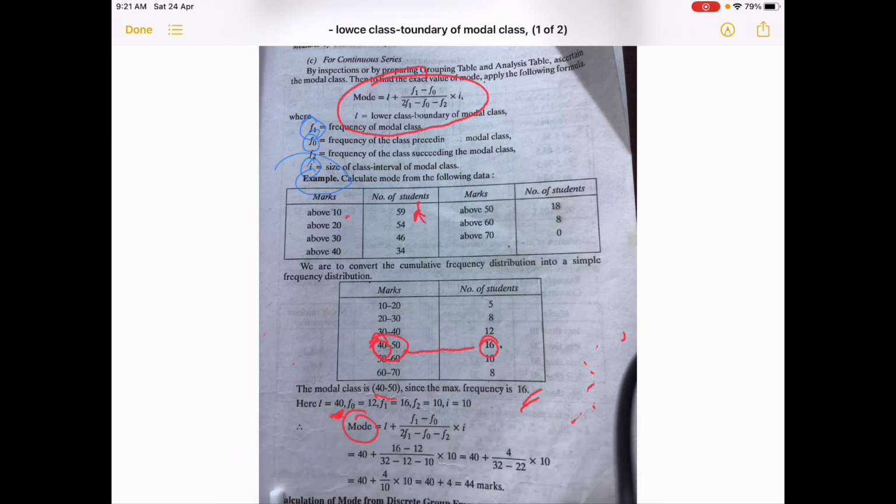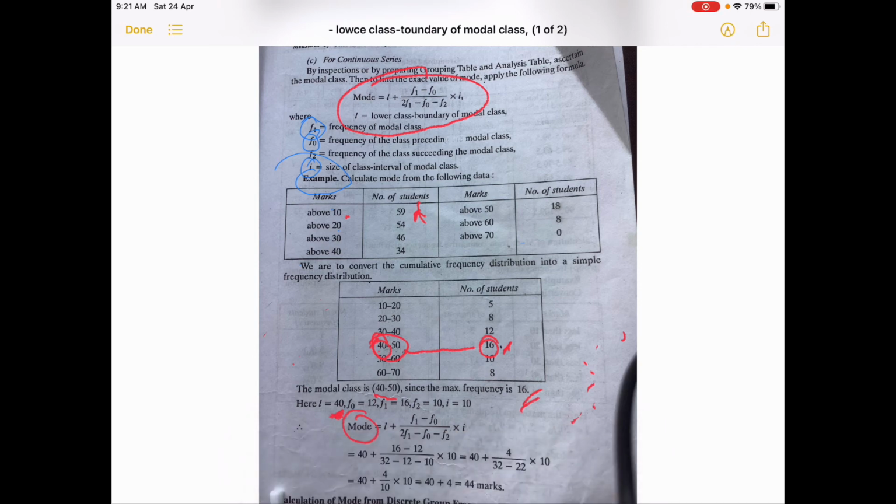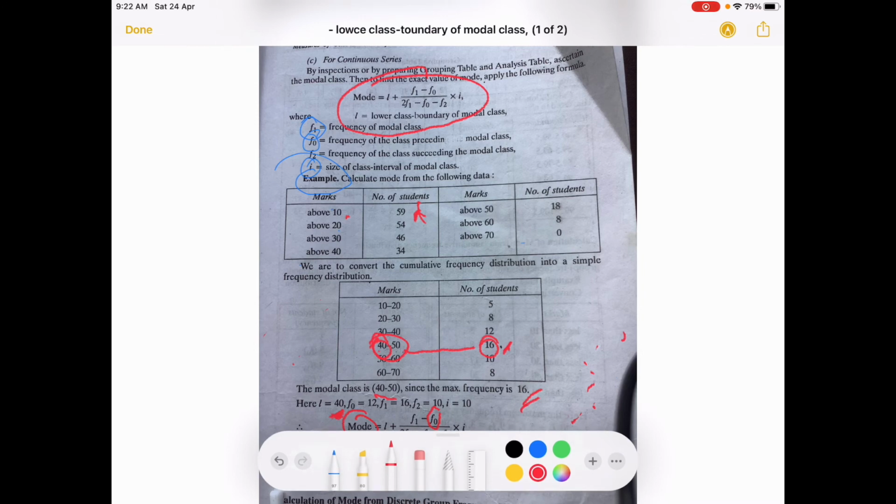Then f1 भनेपछि के हो भन्दा frequency of the modal class, frequency of modal class 16, हैन modal class बस्ने frequency। ओके, then what is f0? f0 के भनेको थियो, frequency of the class preceding the modal class भन्दाखेरि अलिक अगाडि आउने frequency 12, अलिक अगाडि आउँदैछ यो भन्दा अगाडि। ओके, then यो